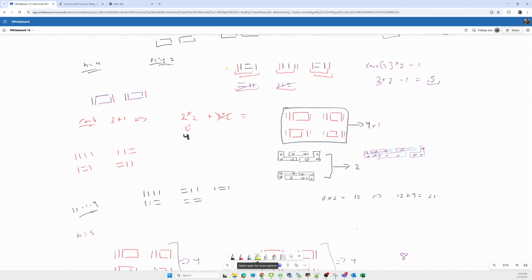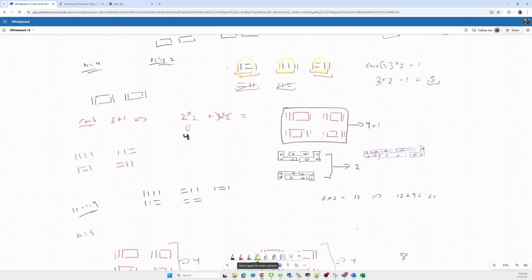Using all the old combinations that I could form, for each one we can either add one tile to the left or one tile to the right. So for all of them we can form two combinations.